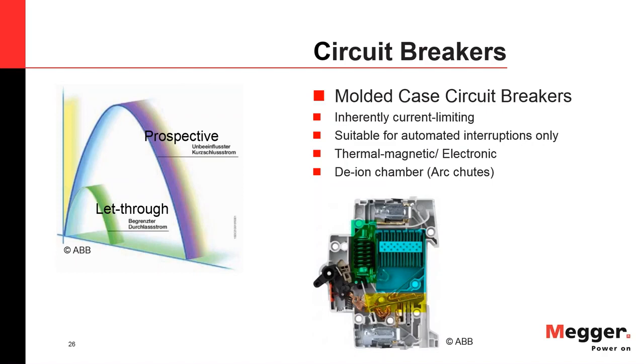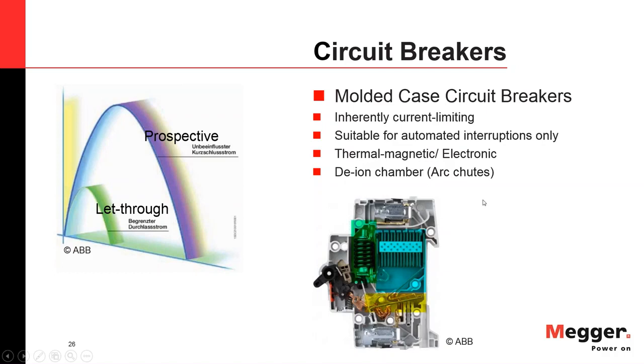Molded case circuit breakers are typically thermomagnetic, nowadays also with electronic trip units. Thermomagnetic means, as you can see in that picture on the bottom, the green portion is the magnetic part. It's a CT that is there to sense the high currents, and the yellow part is a bimetal component, and that bimetal takes care of the lower, more of an overload type fault. And then this third part that is highlighted here,